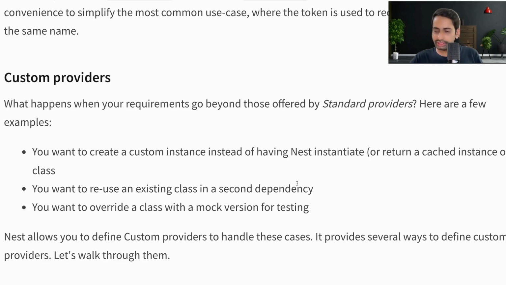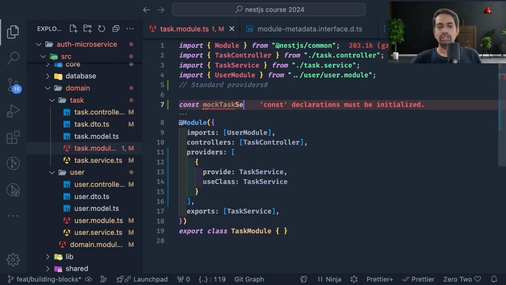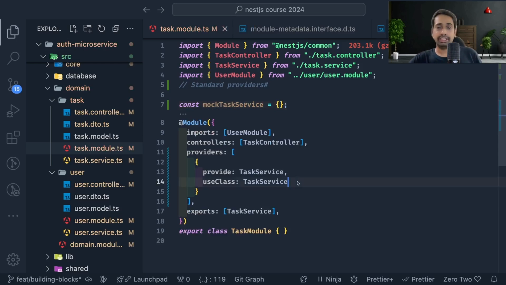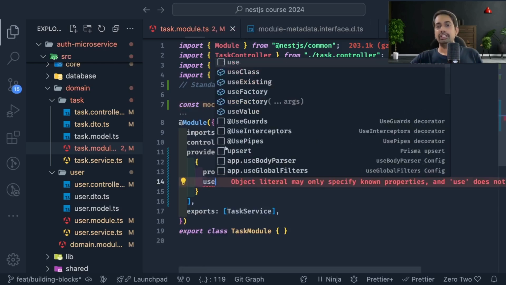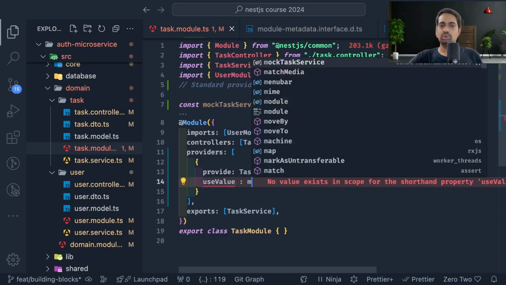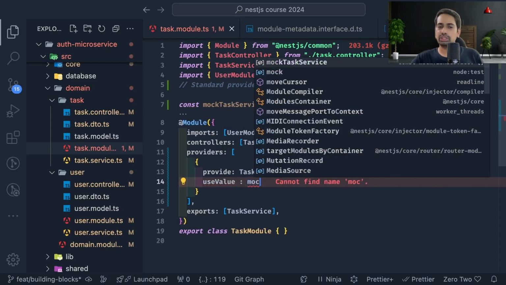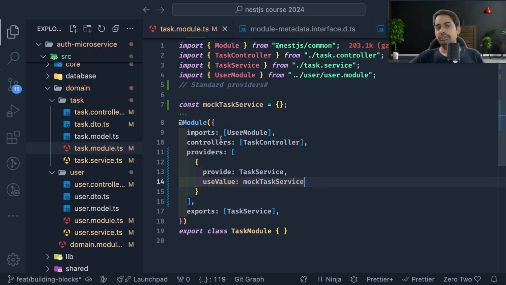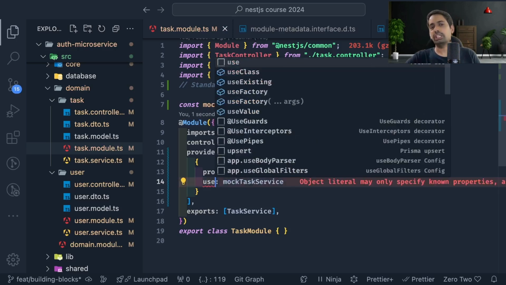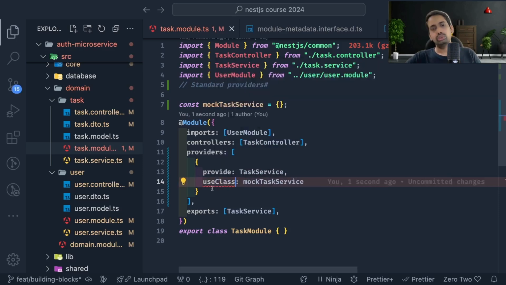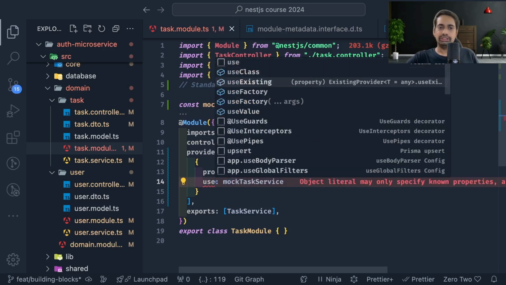So this is the objective of creating custom providers. Like here, I will create a mock task service. Let's say I'm writing a test case. Then I can just replace this task service with use value. So we talked about use class, and this is use value. Inside use value, everything will work the same. Task service will be working the same wherever you are injecting it, but it is not going to use the original task service. इसकी जगह ये यूज करेगा मॉक टास्क सर्विस को. यहाँ आप मॉक टास्क सर्विस में मेथड डिफाइन कर सकते हो, use class, use value and all these things. So we are using use value.